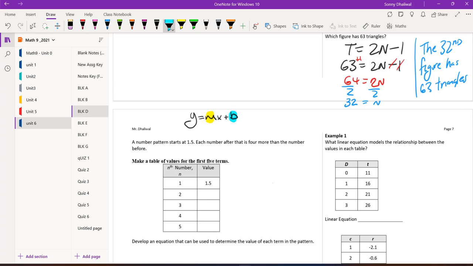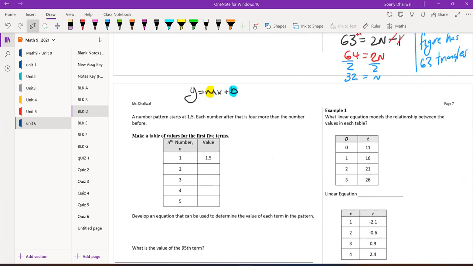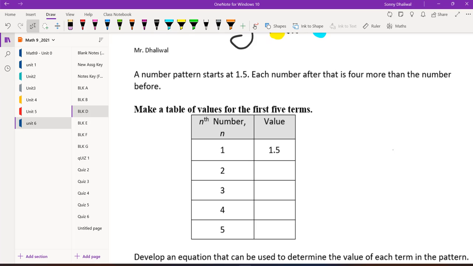Okay? So last day, I gave you pictures of patterns, and you used those patterns to figure out the table, then determine the equation. Now, you're not always going to be given a picture to figure out the pattern. Sometimes you'll be given a word statement that relates a pattern. In this particular question, a number pattern starts at 1.5. So your first figure starts at 1.5. And it says each number after that is 4 more